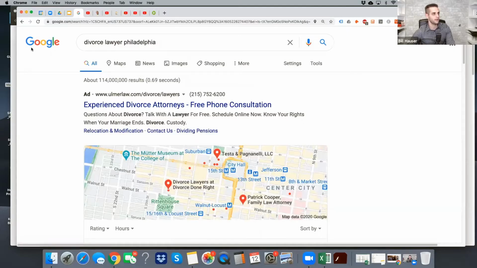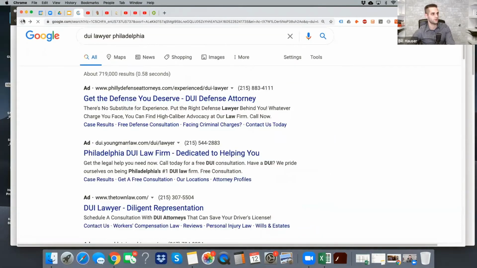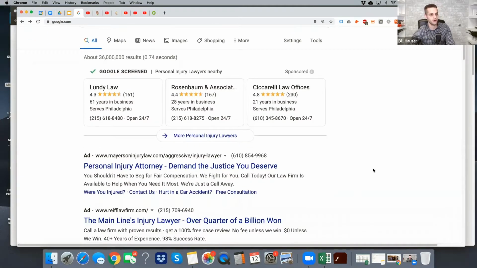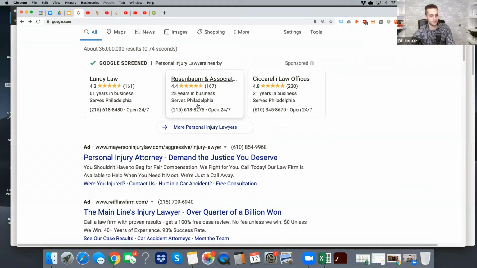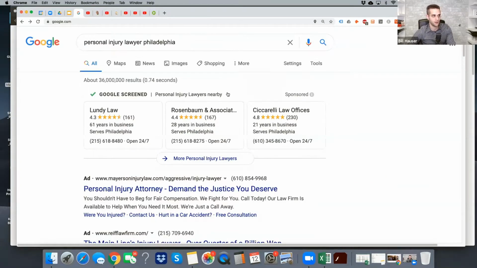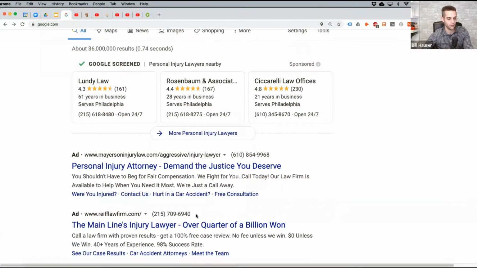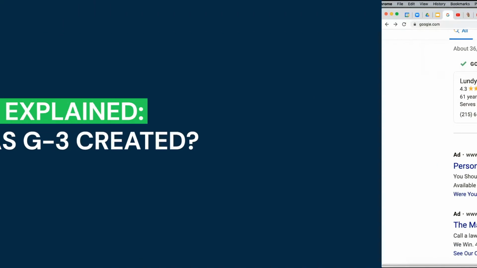So the point that I'm showing you this is there's a tremendous amount of volatility, and it's very, very important that you are set up not only on these local services ads under the right words, but that you're also set up on the Google ads for the right words, because in some circumstances, these ads are not going to show up, okay? And you want to make sure that your law firm is still showing up with these traditional Google ads in addition to your local services ads.